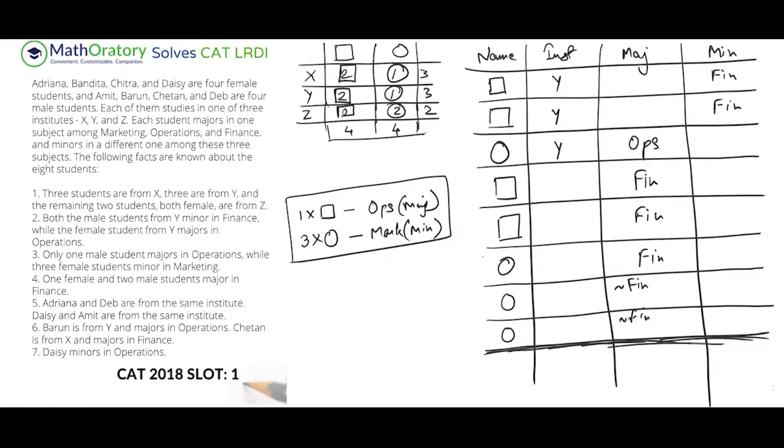So we have one male student who has operations as major, but this I can fill directly, because it has to be one of these two, right? It cannot be one of these two. They're already majoring in finance. So operations has to be one of these two. But look at this, because you have not filled up these two names here, it implies that I can fill operations either here or here. It doesn't really matter. So I'll just fill up operations here, because it's symmetrical, right? As long as the name is not filled up. So this is done. So I can take this off.